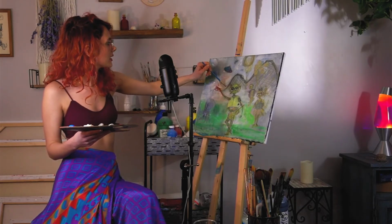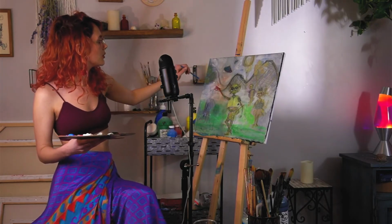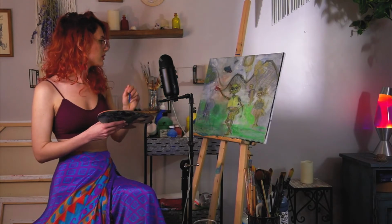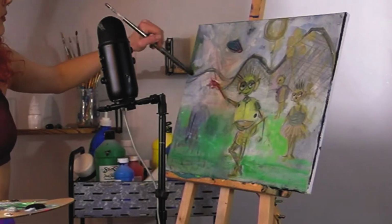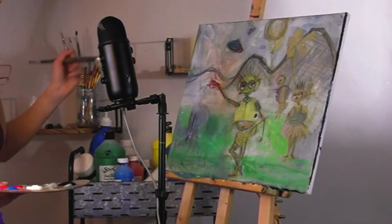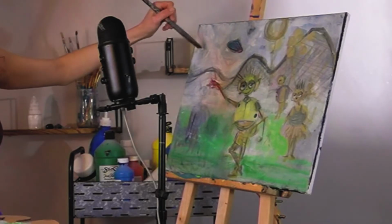Okay, this is not correct. That definitely needs to continue. Or maybe it should be a loop-de-loop. Yeah, I think that's a good idea. No, I think actually this is good. Or maybe it should go down. Yeah, I like this better. Already, I feel like that looks better. Maybe I could do...